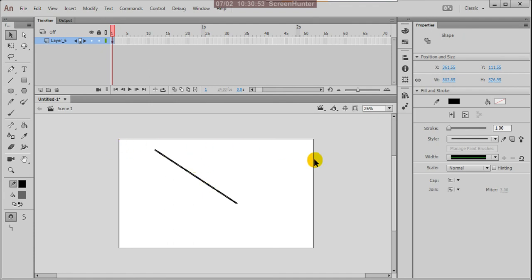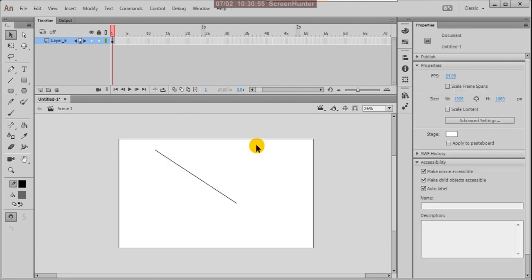The white area is called the stage. On the stage you can draw whatever you want. Only within the stage you get your animation and visibility, whatever you are drawing or placing on the stage. Outside of this stage there is no visibility.